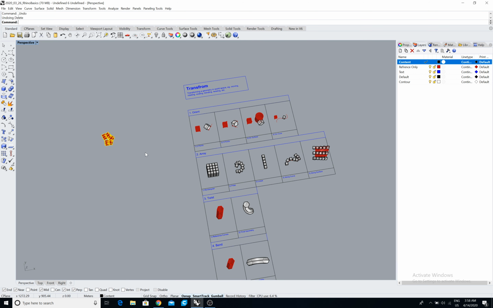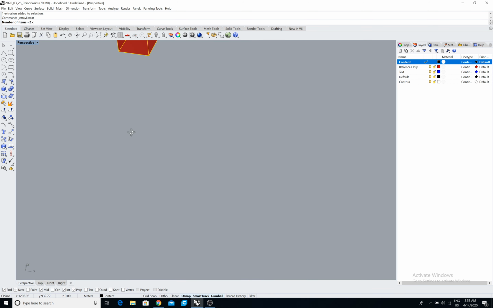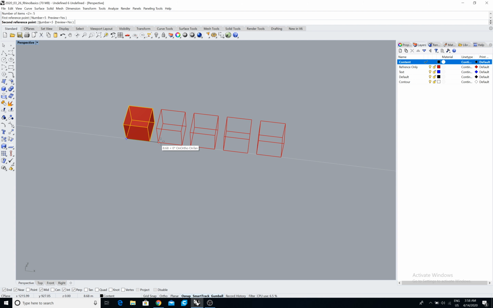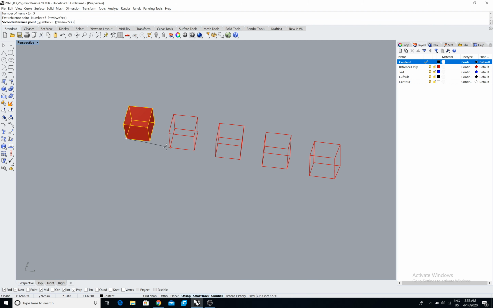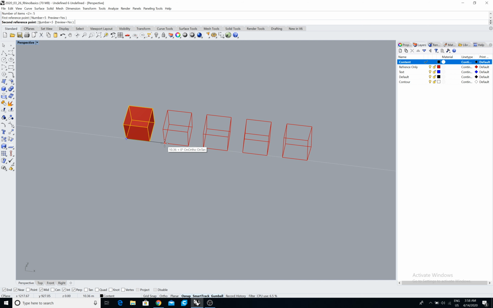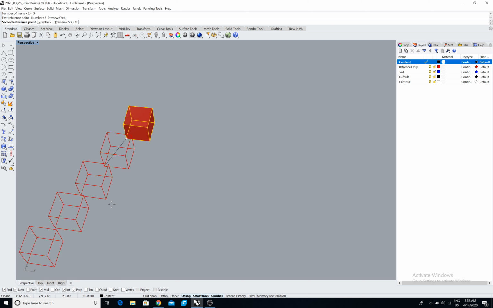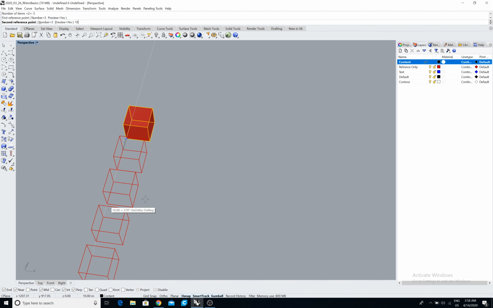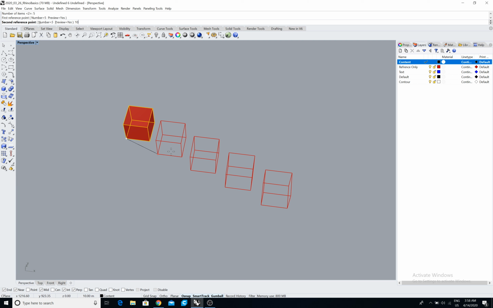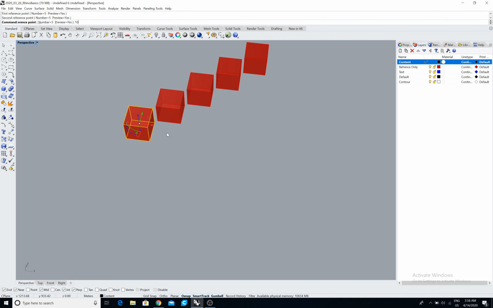Again, arrays, linear array, 5 first reference point, and then you can see I can specify my second reference point for spacing. If I say 5 units, it would lock everything at 5. So you can see, so that's going to be my linear array